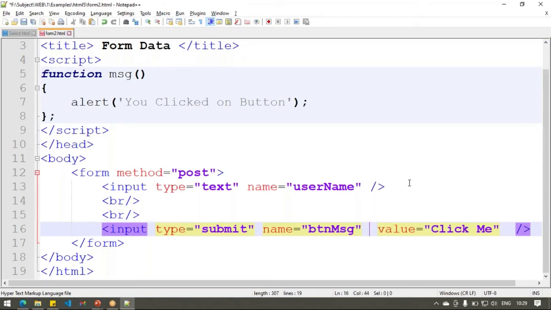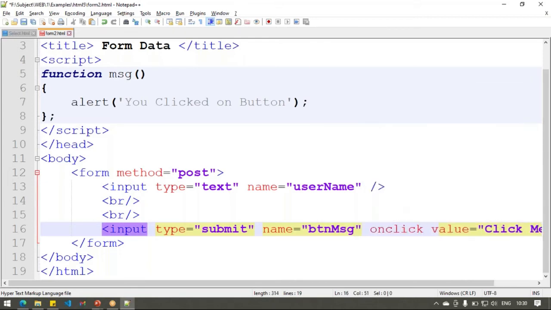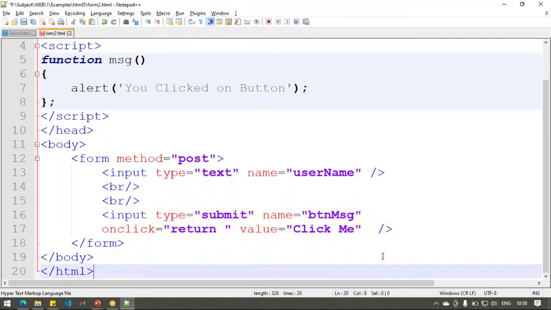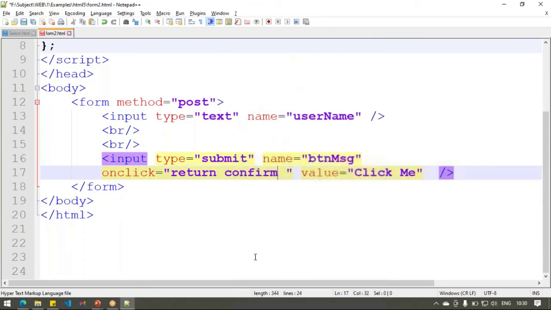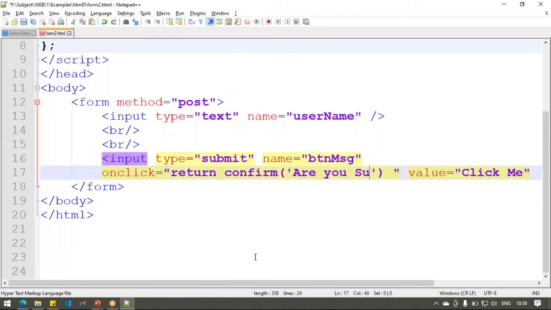So you can just write onclick, and I'm just saying return confirm, are you sure?